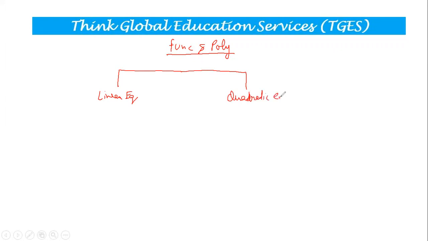Now, as you all know, the linear equation is an equation where the degree of the polynomial is 1, which I can say is y is equal to mx plus c. So that's what we learned in coordinate geometry. So that's a linear equation, and whenever we try to draw a linear equation on the graph, we always get a straight line.